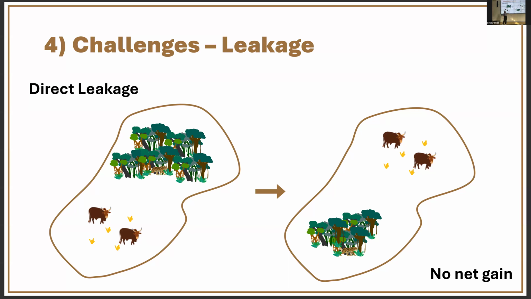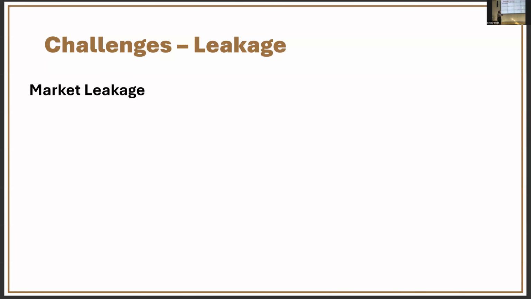And so in the end, we've had no net gain in biodiversity. That's direct leakage. Some operators say that we need to be monitoring all biodiversity within the project site to ensure that landowners aren't doing things like this. But it gets tricky because sometimes you could be doing this at the more regional scale, and that's not really monitored. But the other kind of leakage is very, very difficult to estimate, and this is market leakage.